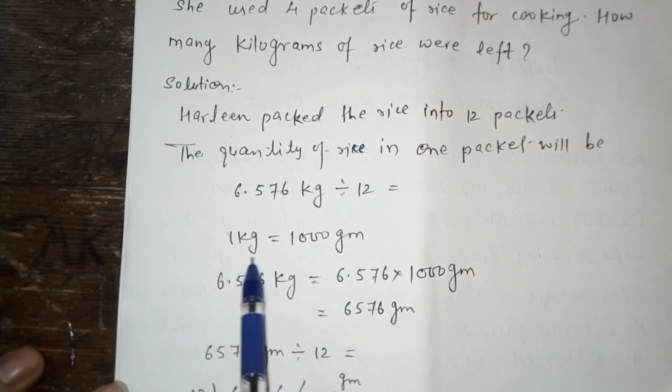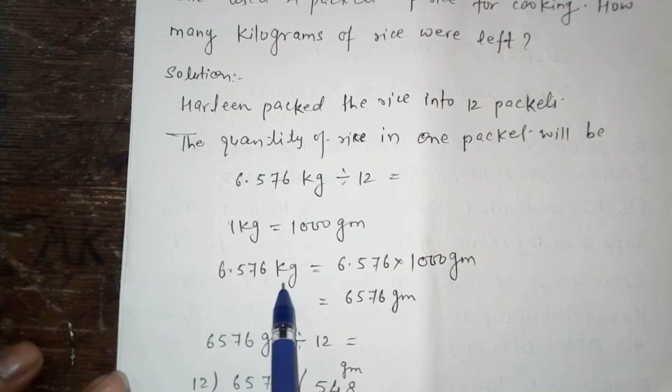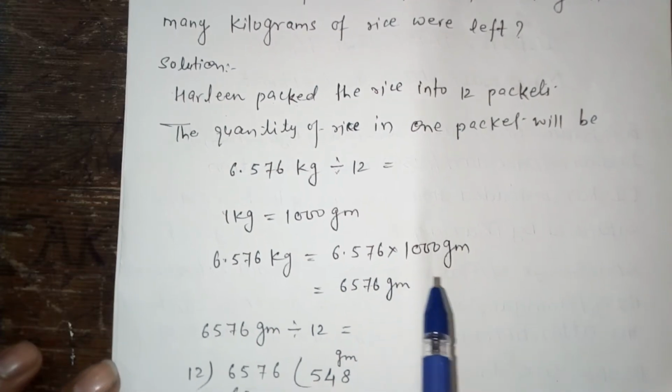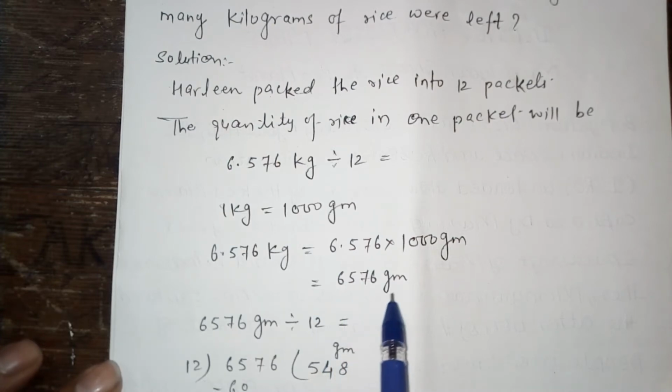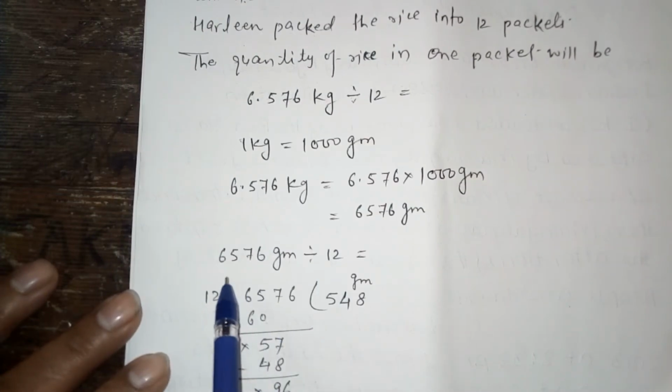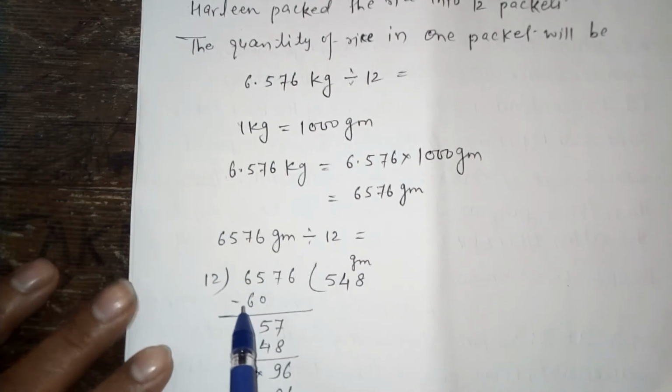You know very well 1 kg equals 1000 gram. So 6.576 kg will be 6.576 into 1000. And you know the multiplication, 6.576 into 1000 will give you 6576 gram. Okay, and 6576 gram divided by 12, so we will get